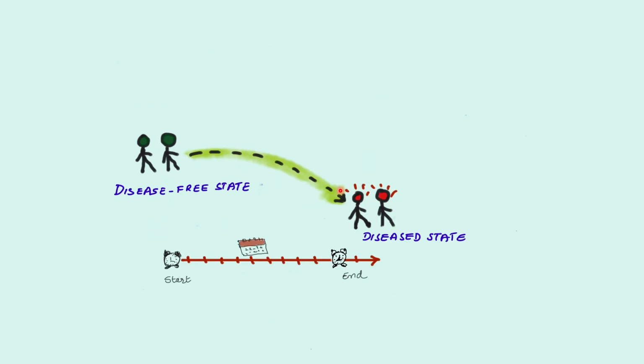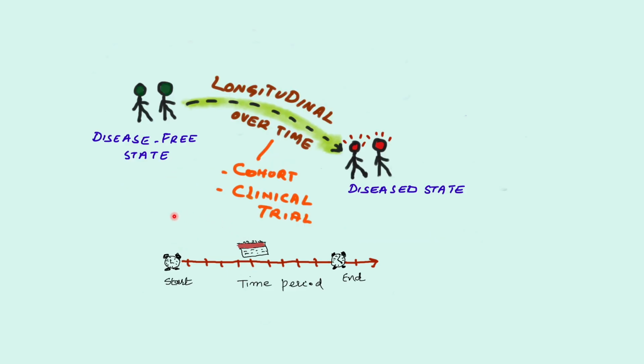One very important factor in incidence is the time period. We must always specify the time period when calculating incidence. Incidence is the most suitable measure for cohort studies, clinical trials, and longitudinal studies because these study designs follow participants